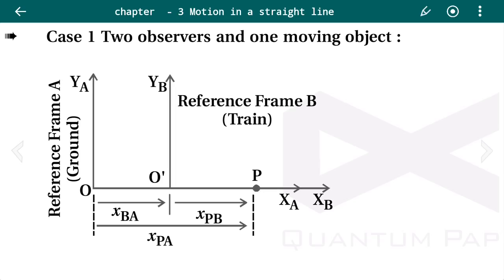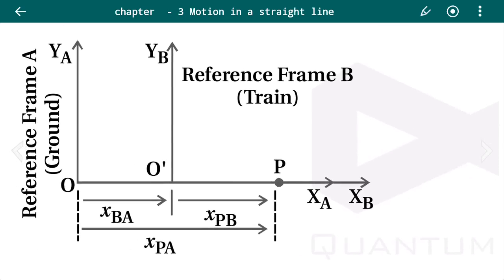The set of coordinate systems along with the clock which is used to note down the time is a reference frame. So here for reference frame A, the XY coordinate system YA O XA is taken,